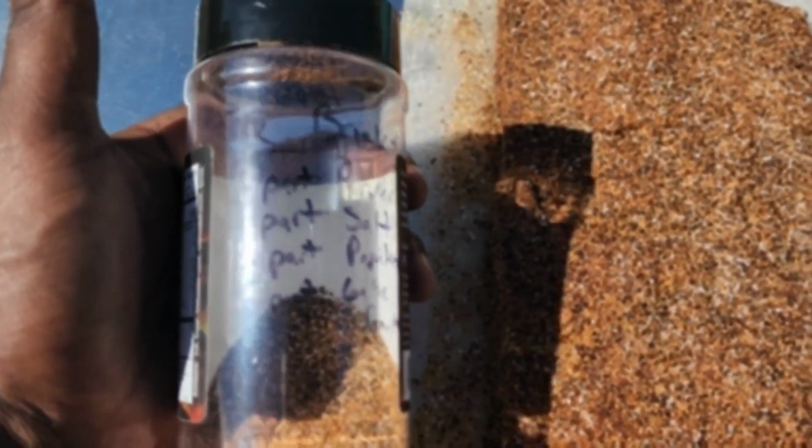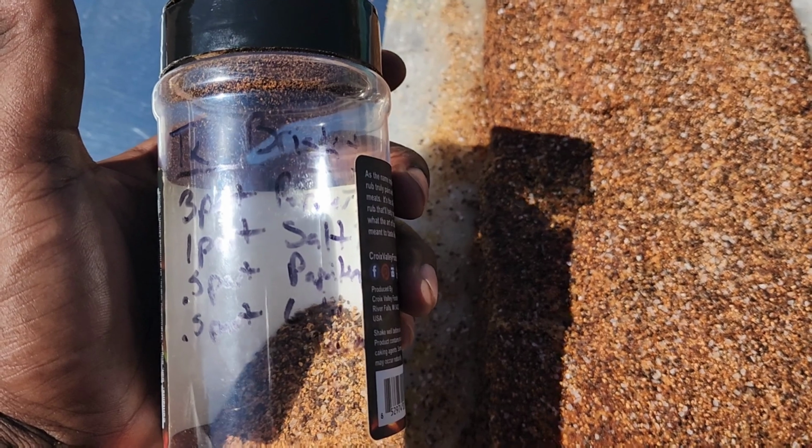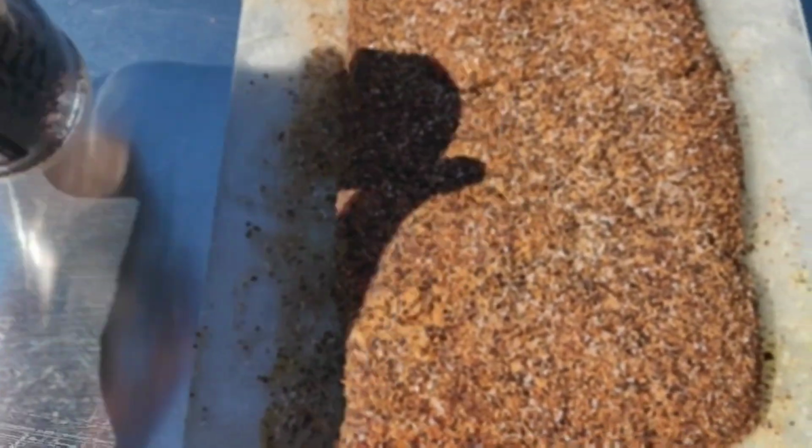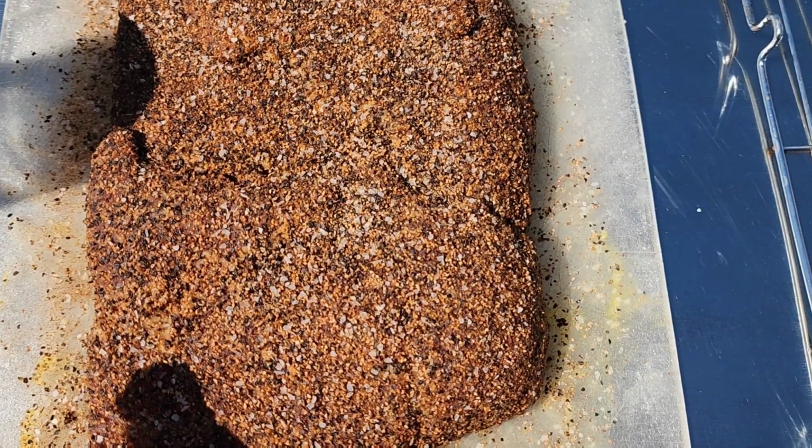So I went with my little Texas seasoning that I used to use on some brisket, which is heavy on the pepper, not too much on the salt, a little paprika and some garlic powder. But I did tell you I had a little trick for you. I won't